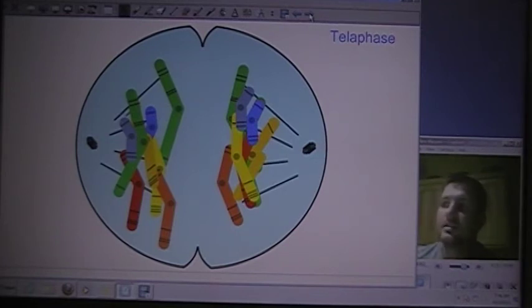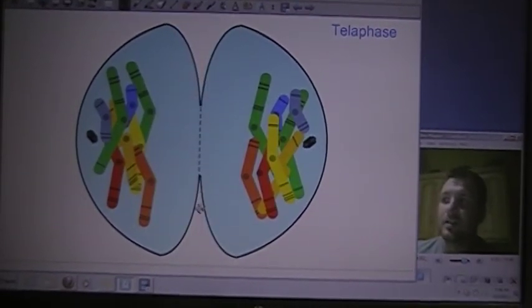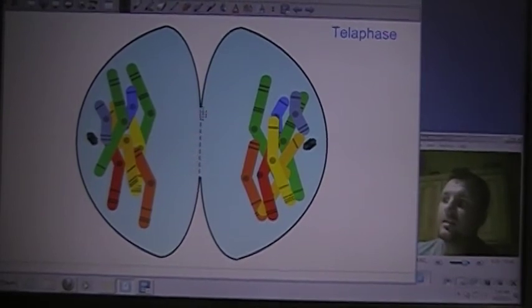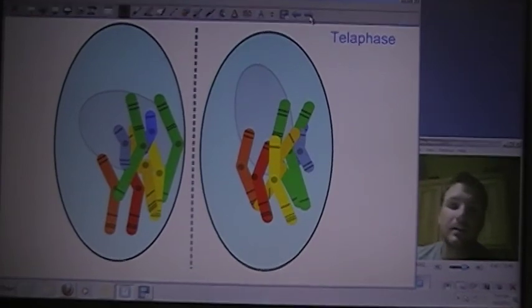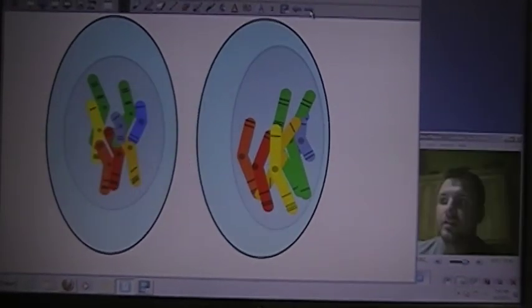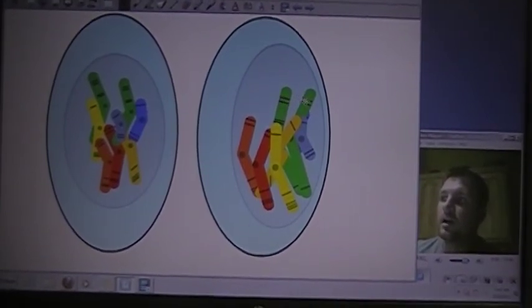Now, not much is going to go on in telophase, except the cells do split. As we see here, the equatorial line is now splitting into two, and the spindles start to disappear, showing that the nucleolus is going to come back and take over. Then nice and neat, the chromatids are in the cells. If we take a look at it, we notice we have one green, two green, and one green, two green,